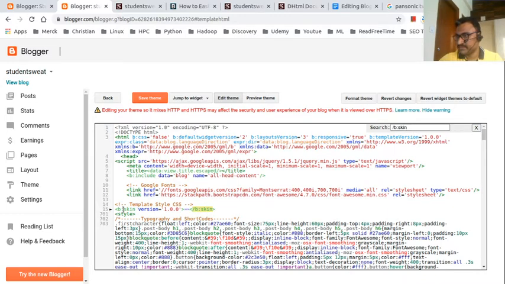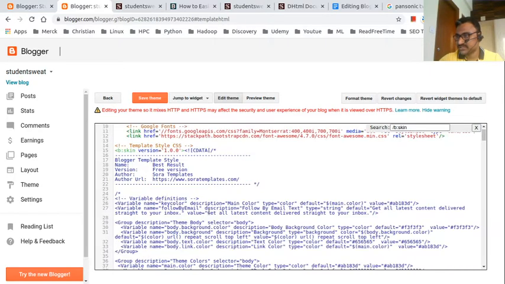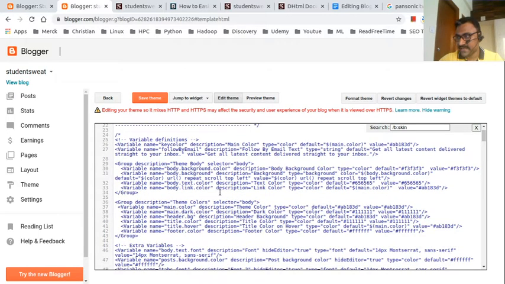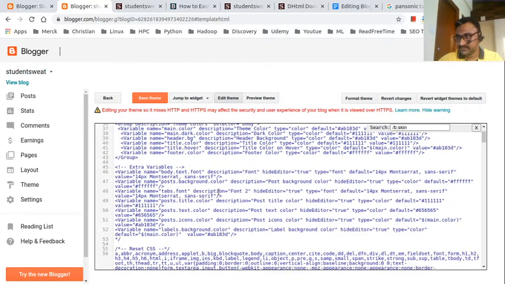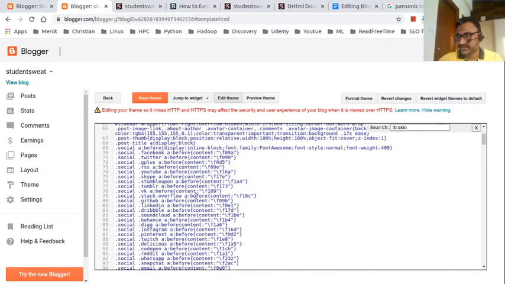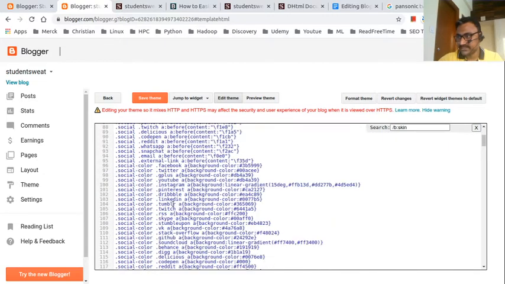See here, template style CSS. In between this are all the styles of the important classes and IDs which we use on the XML tags. Actually, let me explain what a class is and what an ID is. All the attribute variables have been declared here.